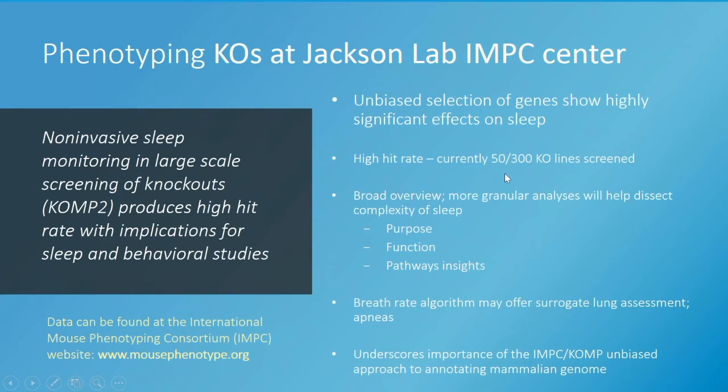So Black 6 mice, which is the background here, males will sleep about 43% of a day, females about 41% of the day, very consistent, much more consistent than most behavioral tests, much more consistent, we think, than most physiological tests. So we would argue sleep is one of the cleanest, simplest behaviors you can add if you have an